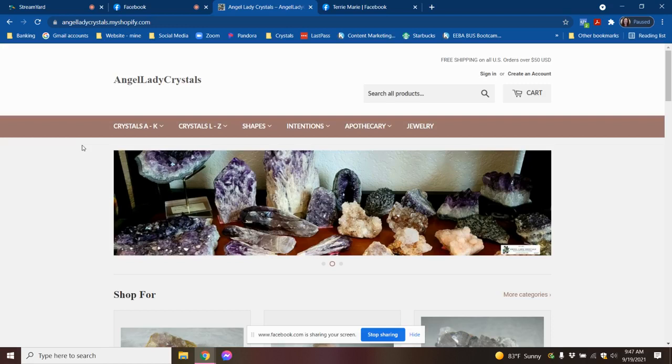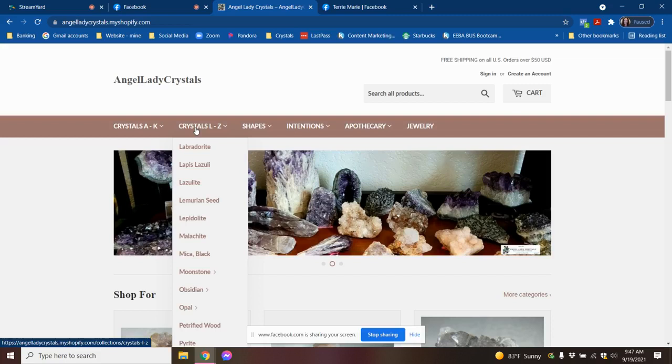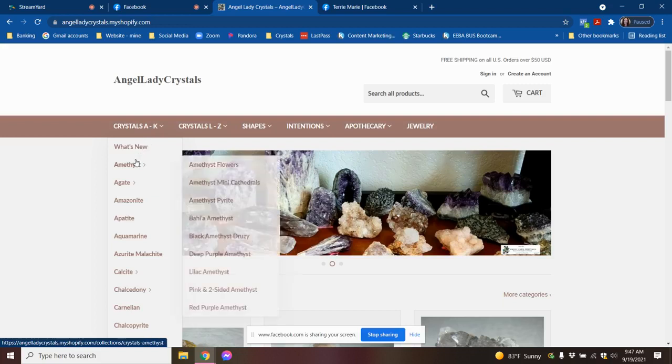So in the future over here, I'm hoping that you can see this, to the left of where it says crystals A through K, we will have probably a sale or what's new, or maybe not, I don't know yet. For right now, angels, crystals A through K can be seen here under this one, and then crystals L through Z. And yes, we had like 4 different ones just a few days ago, but what I wanted to do was to have everything,